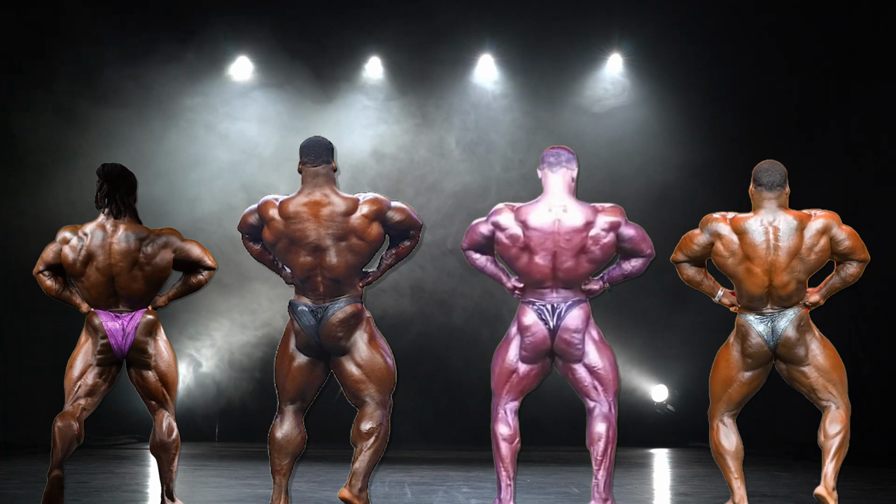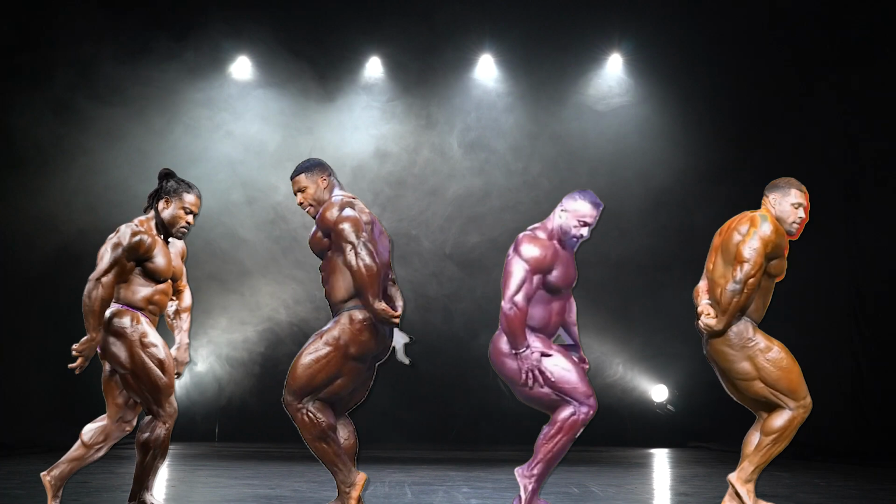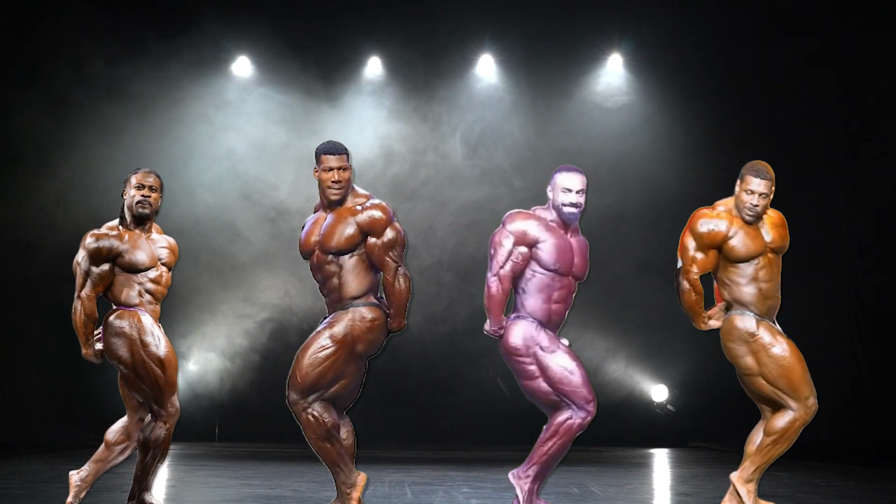His legs are absolutely massive, however, the level of detail is not up to par. I'm really surprised with him from behind since his back looks very passable in the rear double, but completely fades in this pose. Regardless, he can be a wild card due to the size he carries, under the notion that he comes in peeled. This Dubai Pro Show is going to be one of the best due to the simple